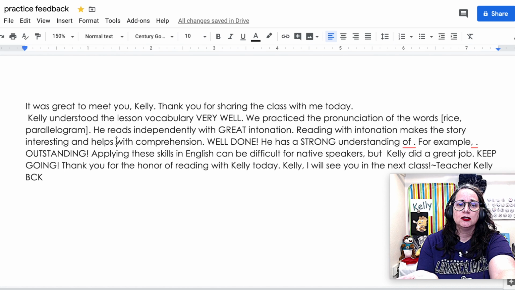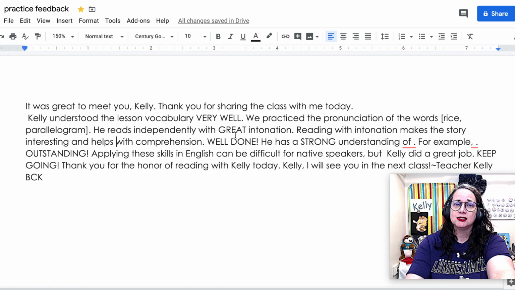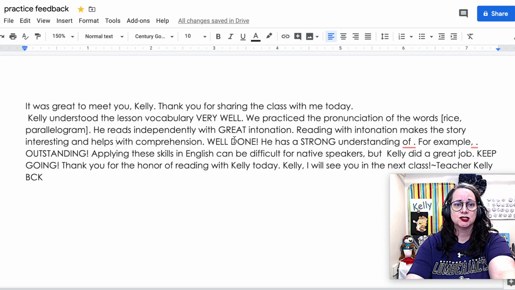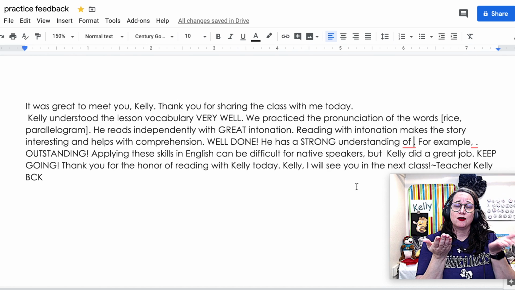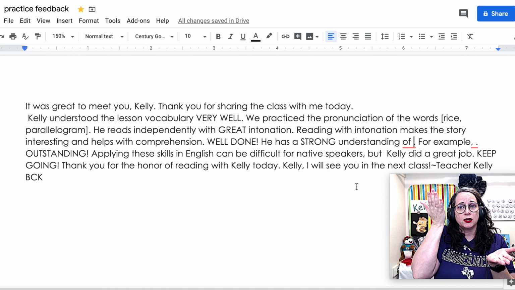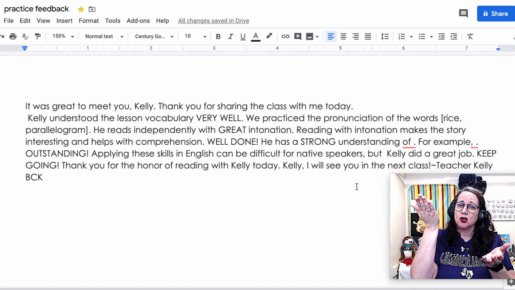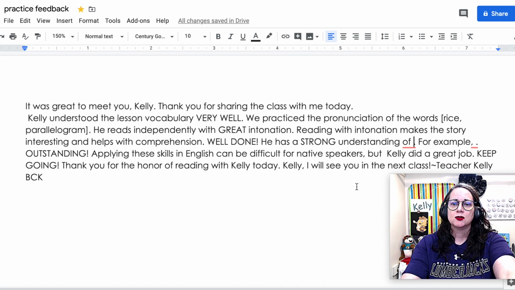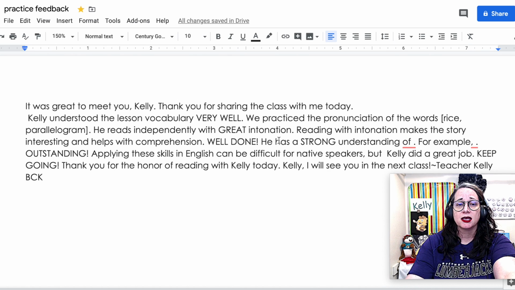And then you can see, I was teaching a lot of reading classes, and a lot of them had really good understanding of the vocabulary. And they were reading with such good intonation that I hadn't had in a while, so I pretty much kept the same. Here I wanted to be able to change the skill because one, I had a very low level reading and then a very high level reading, and they work on different skills. This one was working on cause and effect, and this one was just retelling the story. And so I wanted to be able to change that. I can do that in the pop-up.